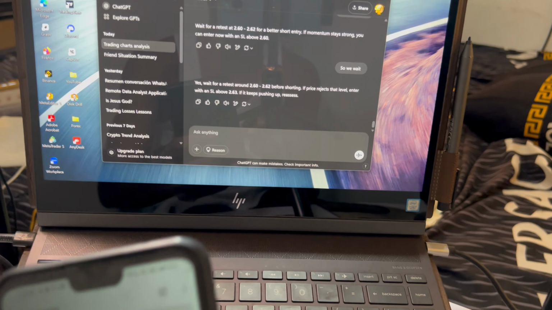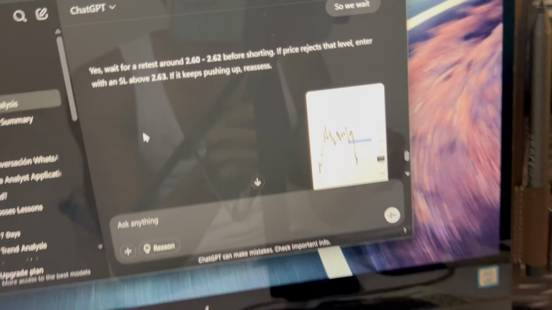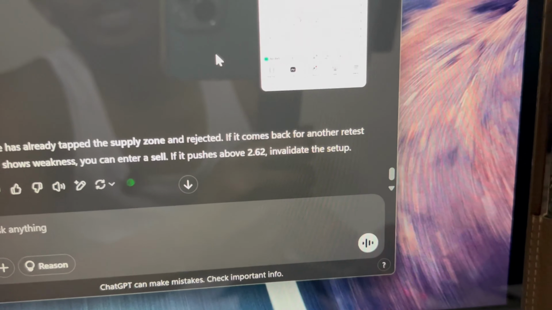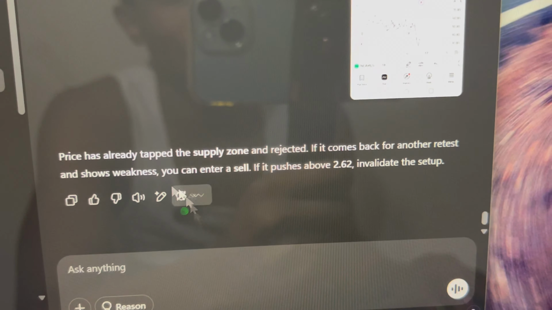I think the chat will update here. Okay, I've just sent the chart to ChatGPT again on my phone, but it has updated there on the chat. So this is what ChatGPT has to say. Let's hear what it said.